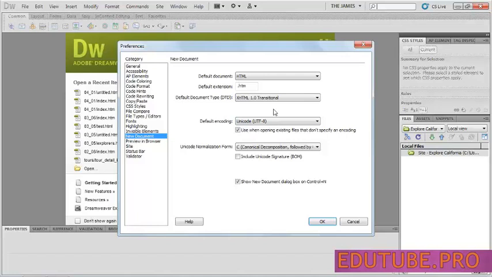For example, our default encoding is Unicode UTF-8, and really the only time you're going to need to change that is if you're working in a foreign language site such as Kanji or Cantonese or something that requires a different encoding. Now, the only other option that you're probably going to want to set is right down here we have